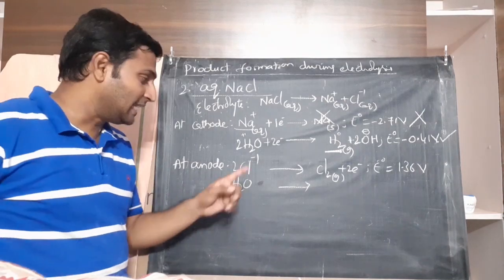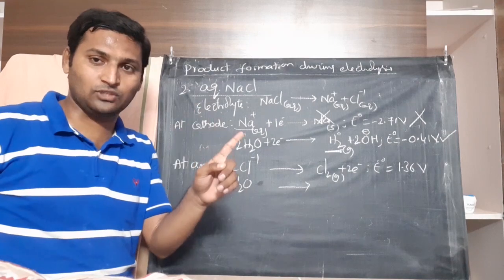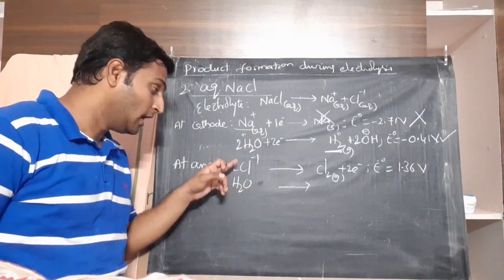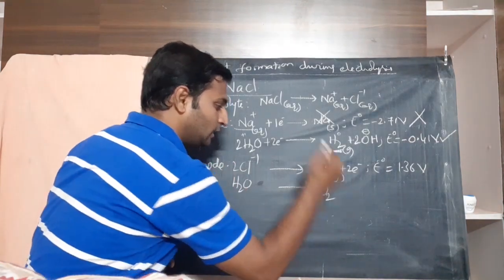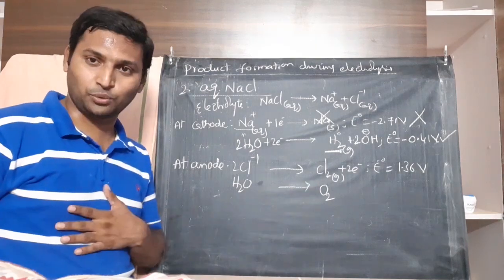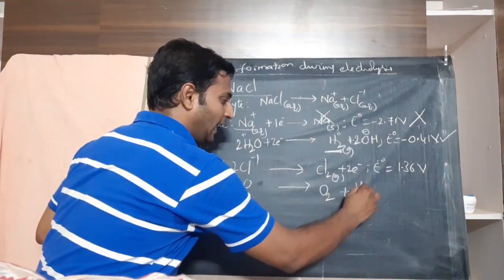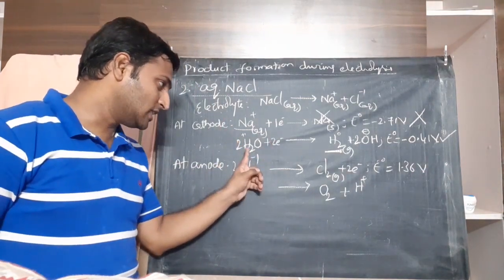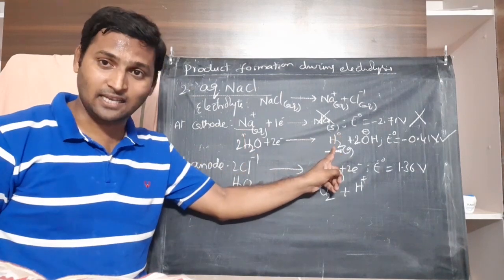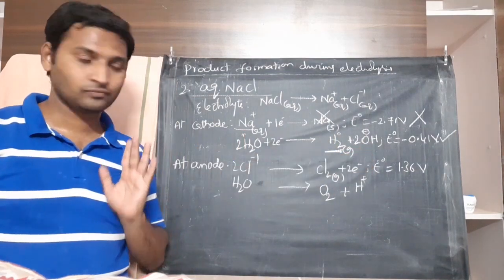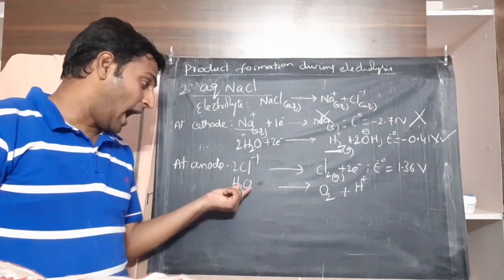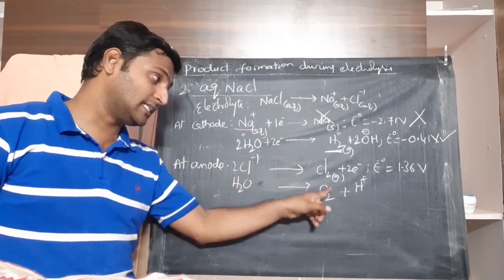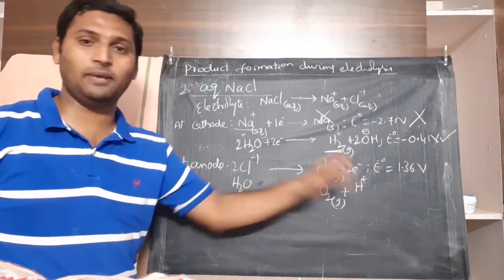As I told you, the species with negative oxidation state can lose electrons and undergo oxidation. Which species has negative oxidation state here? Oxygen. That's why from its minus 2 state, oxygen enters into 0 oxidation state and becomes O2. So in this case, the byproduct will be H plus ion. So please understand, if water undergoes reduction, hydrogen changes from plus 1 state to 0 state and hydrogen gas is liberated, byproduct will be hydroxyl ions. If water undergoes oxidation, oxygen part of it changes from negative oxidation state minus 2 state to 0 state to form oxygen gas, liberate oxygen gas, and byproduct will be H plus ion.